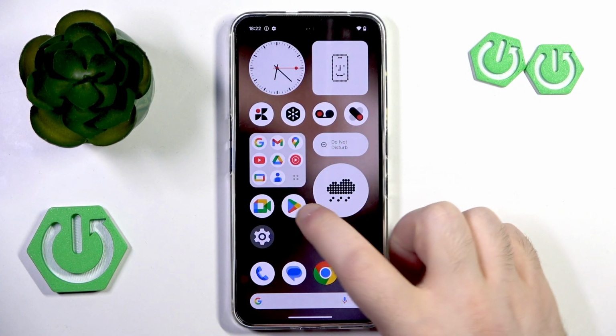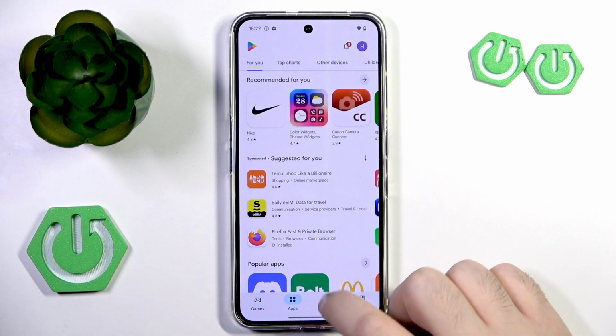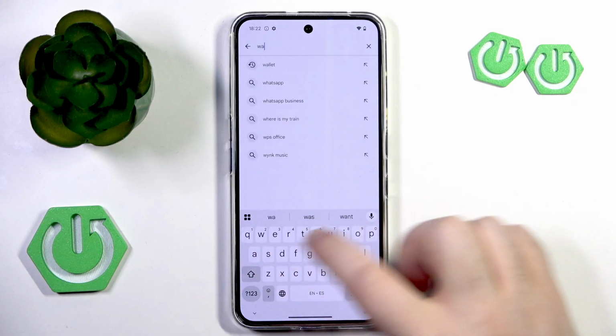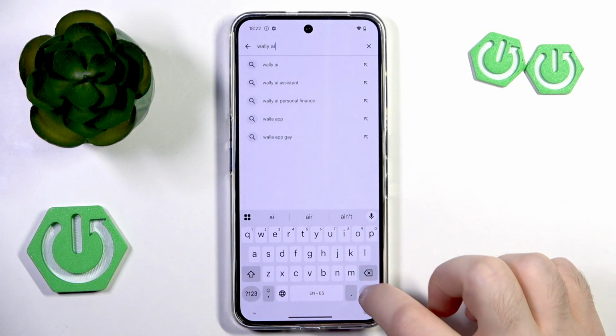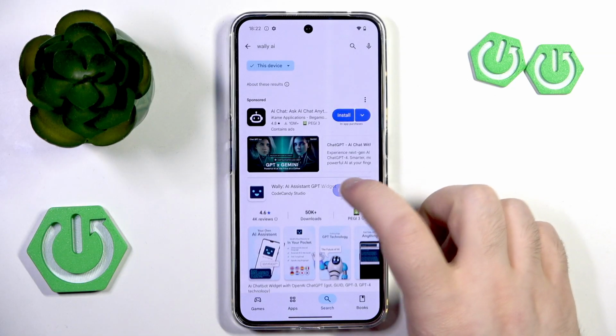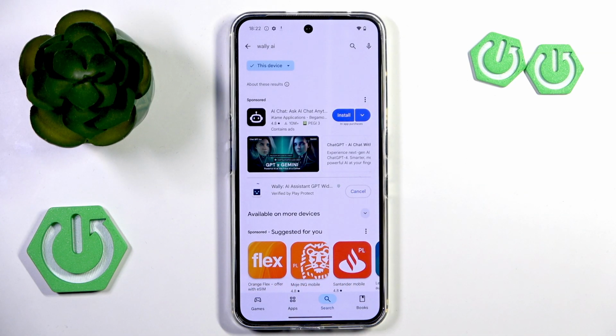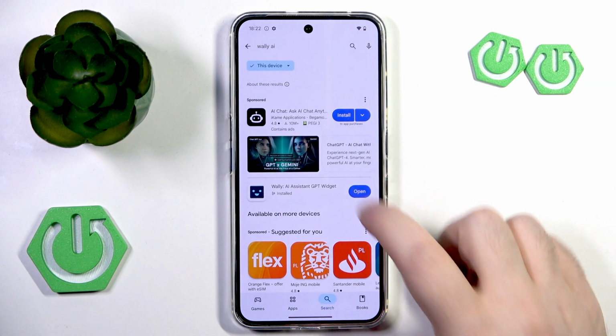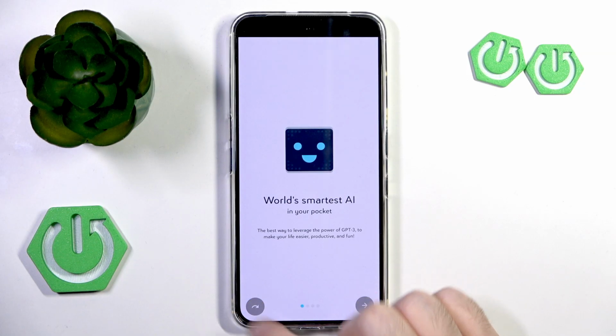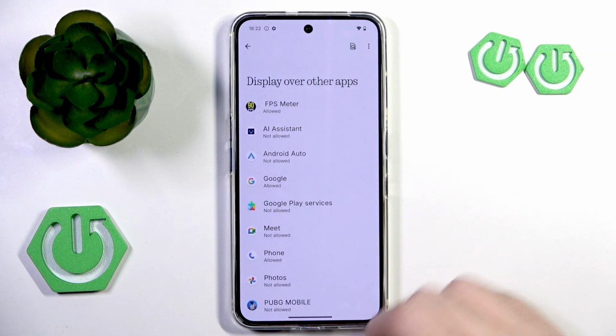So you have to start by opening your Google Play Store, then click on the search bar and type in Wolly AI and click search, and then click install. Now you can click open and click on this button to skip introduction, then click open permissions and select the